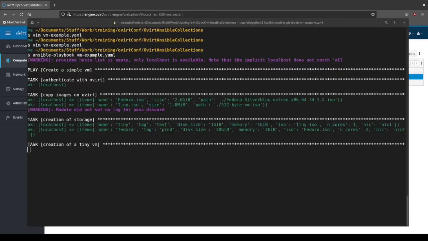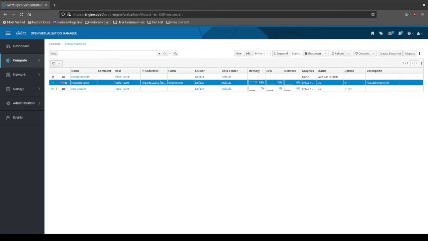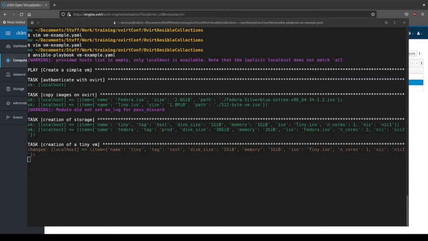Now let's jump a little bit further. Okay, it will perform the creation of the first VM. We can see that while the first VM is created, the second is started. The creation of the second VM is started, and we can see that